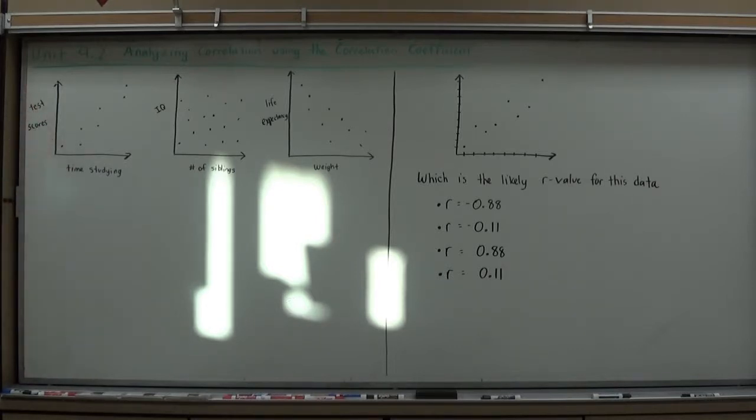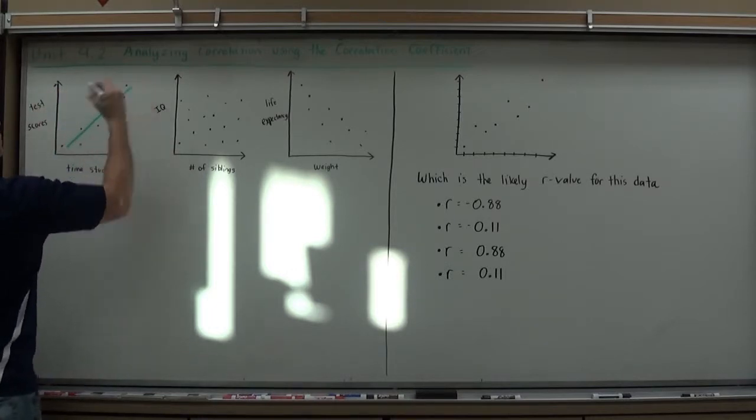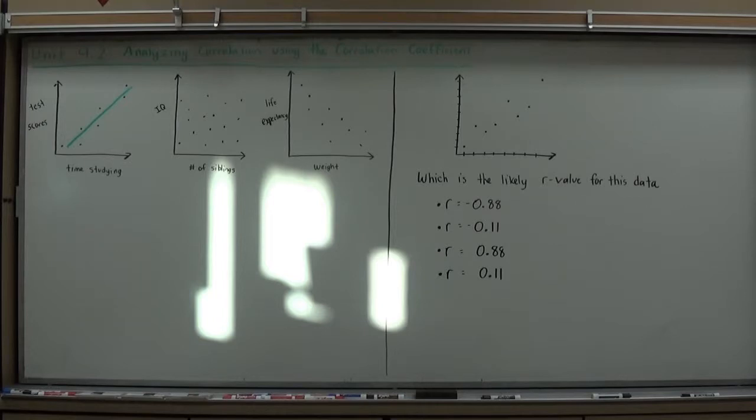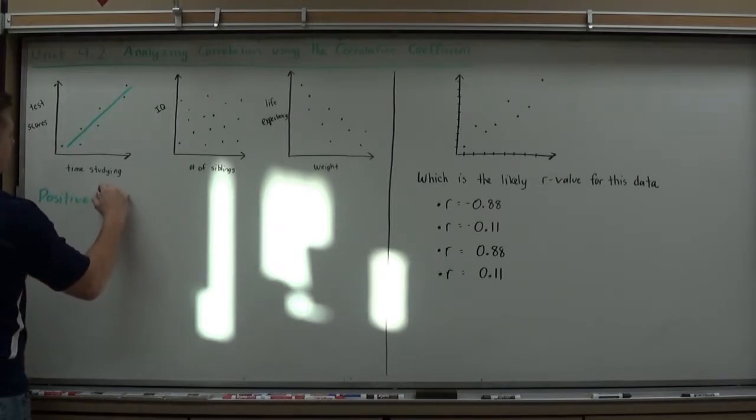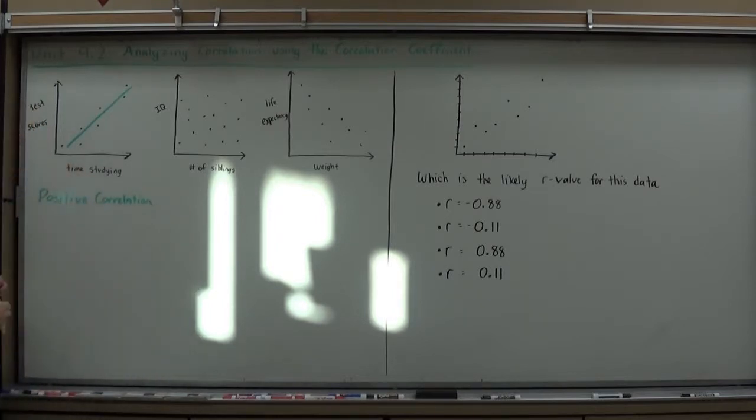In my first scatter plot, it's the time studying compared to test scores. And as I look at this data, it does look rather linear. It's somewhat forming a line, and it is slanting upwards. So it looks like it has a positive correlation. Since I know now that it has a positive correlation, I can make a statement about the quantities in the problem. So as time studying increases,